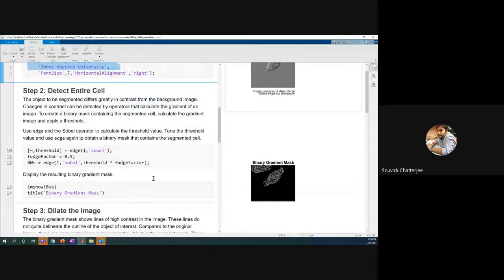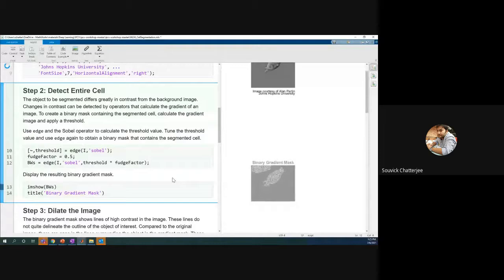Now, what we want to do is find out this edge, or separate out this cell separately, right? So first of all, we are using the same command of edge, which we talked about earlier. And then using that, we are thresholding this. So if you do that, then this is the binary one. And this is what it does if I use the edge command. Of course, we are not happy with this, right?